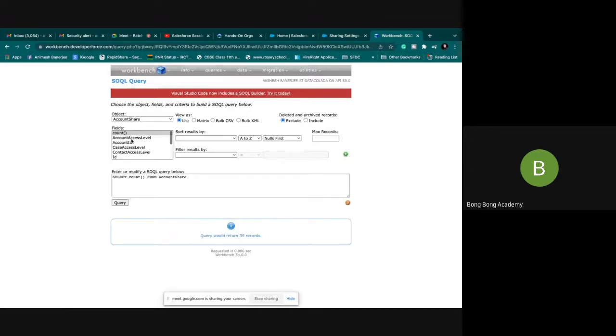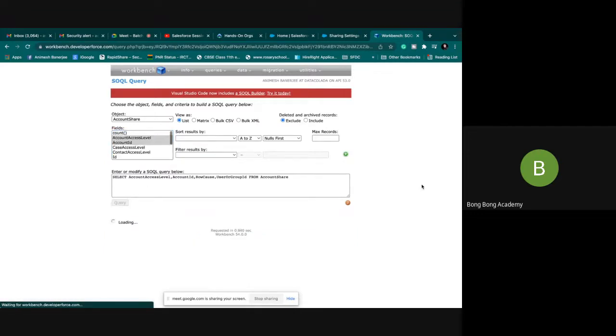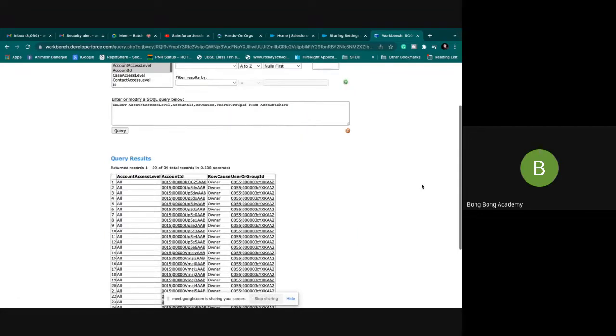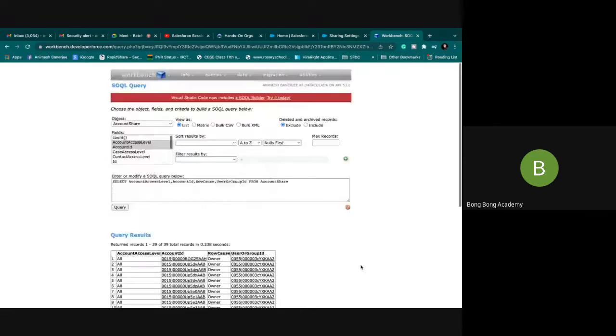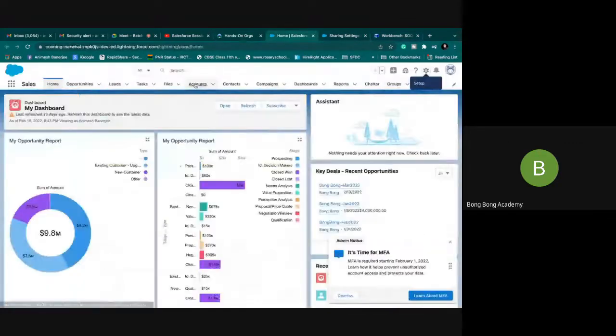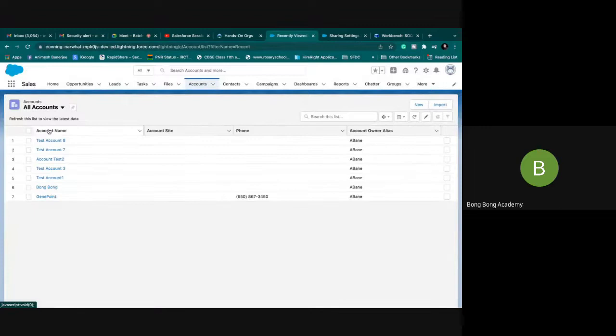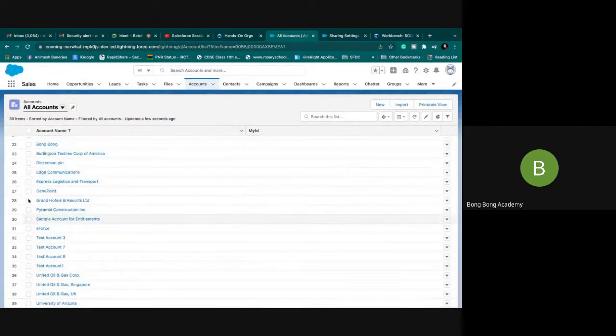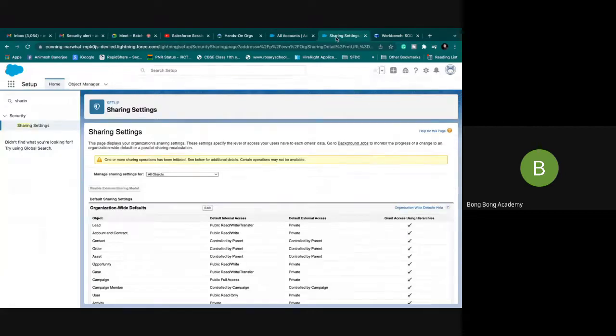What happened exactly? I will see the account ID and account access level, and I will see the group and this one. These 4 fields I will take, and let's see what is happening here. You see, there are 39 records in account. If you go and check this account and you see all records, there will be 39 records, right? 39 accounts are there. And Salesforce is now starting to track who is owning which record.